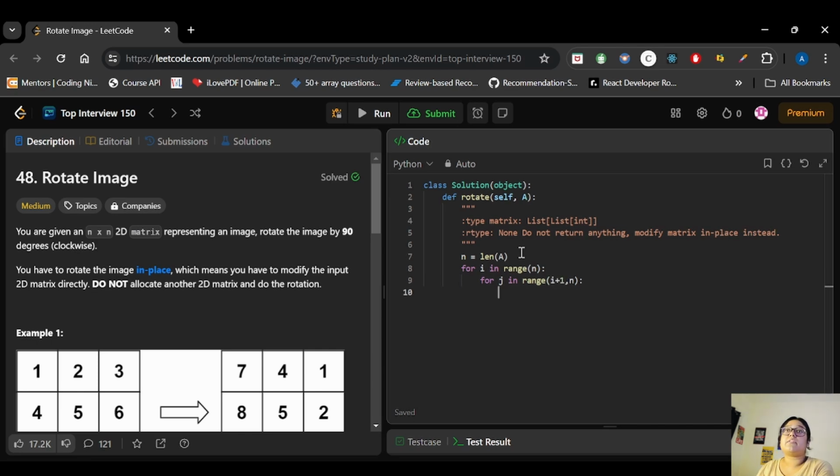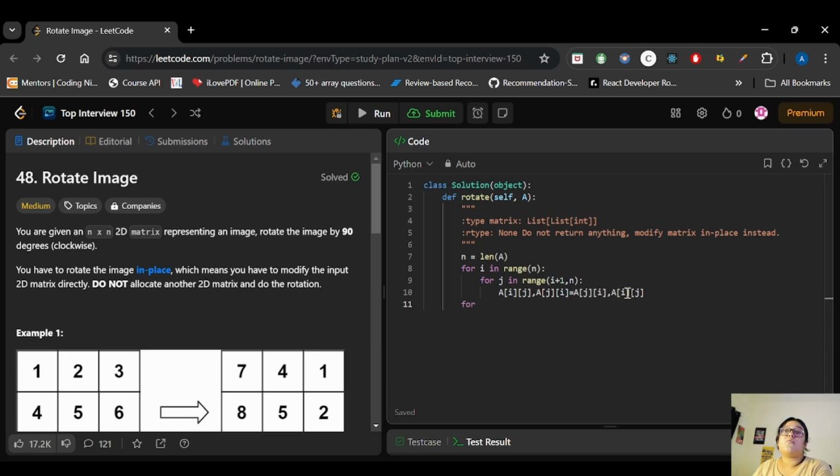We were simply swapping the i and j values, so A of i comma j and j comma i. So we'll copy this, and this will become i and this will become j. So now we have the transpose of the matrix.